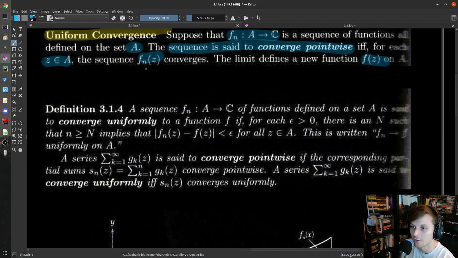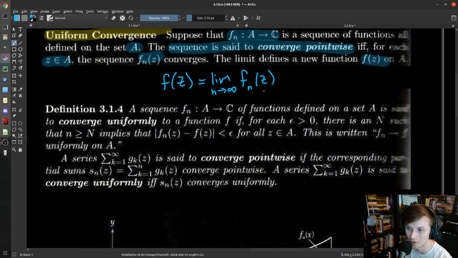The obvious way to do this is that f of z is equal to the limit as n goes to infinity of f_n of z, right? Kind of nice. That makes sense. So this is a sequence of points, and if we're saying, hey, if these guys converge, then we can get a new function out of it. Sensible. But this is a pointwise notion of convergence. That is, the limit is being taken over the values that you get out, as opposed to over the functions themselves in a certain way. And this can lead to some behavior that you don't want.